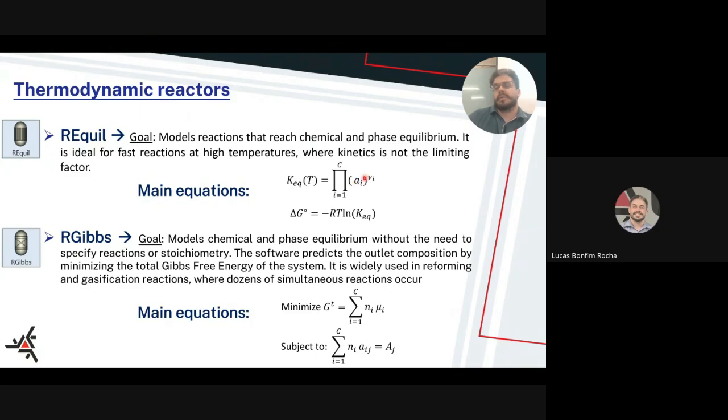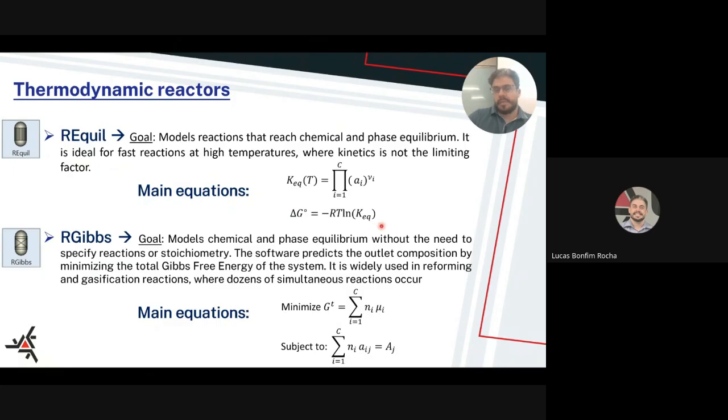Okay, based on the coefficients and the activities of the compounds present in our system, and also for calculating the constant of equilibrium, the variation of Gibbs energy is also calculated, based on this equilibrium constant. And with this minimum of energy, we can try to understand the state of our system and what composition we have in that state, because once temperature and pressure are defined, there is only one possible composition for solving the thermodynamic equations